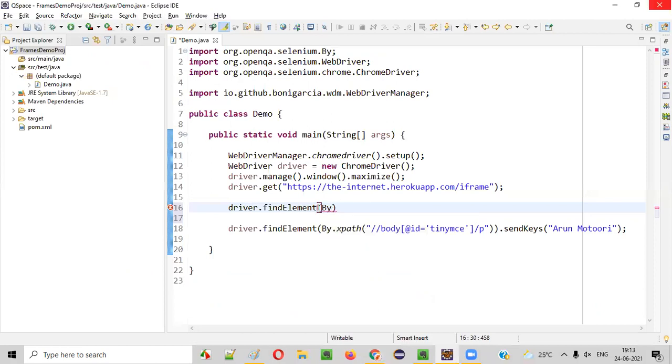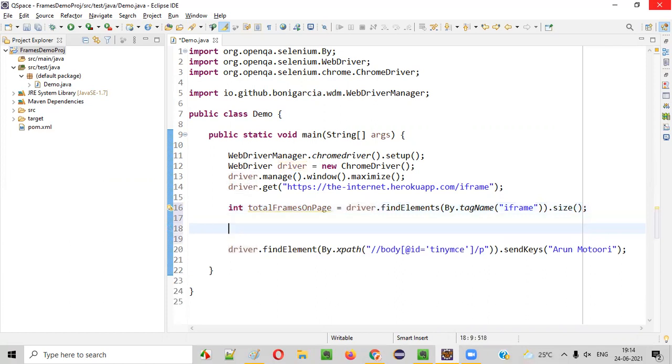So using the same thing, I will say driver dot find elements by dot tag name. Same example, guys. Same way of finding the number of frames on this page. So I'll say driver dot find elements by dot tag name, that is iframe tag, dot size I have to say. This will give you the size of the frame. So here I will say int total frames. Total frames on page is equal to. I want to print it out, guys.